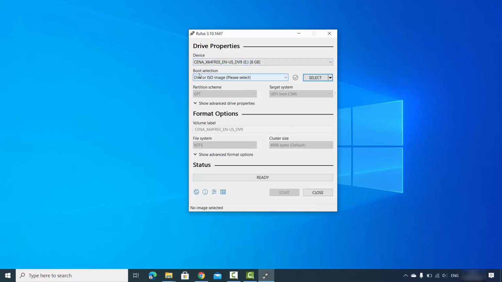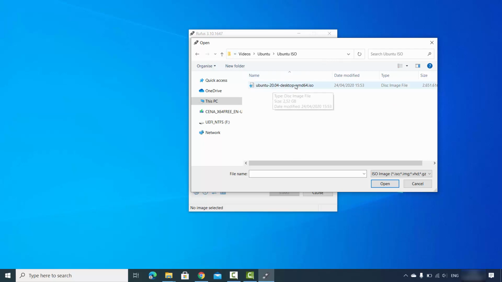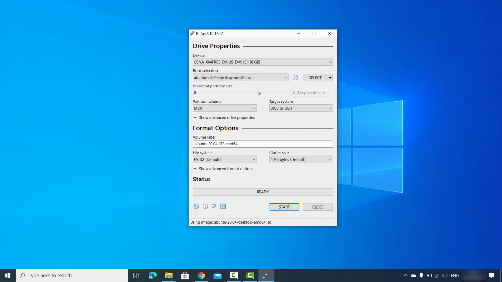So now using this boot selection option, just leave it as default, which is disk or ISO image. And then we are going to click on this select option. So just click on select option and then give the path of your ISO file where your ISO file is downloaded on your Windows operating system. So as you can see, my Ubuntu operating system ISO file is located here. So I'm going to just select it and then click on OK, which is going to just import this file